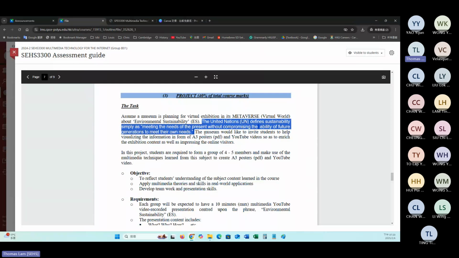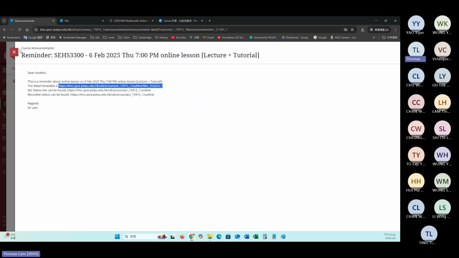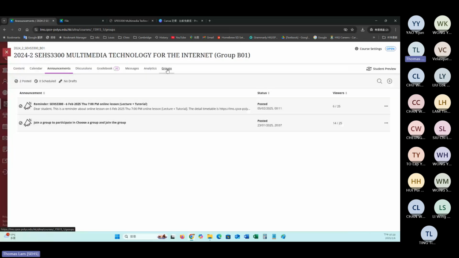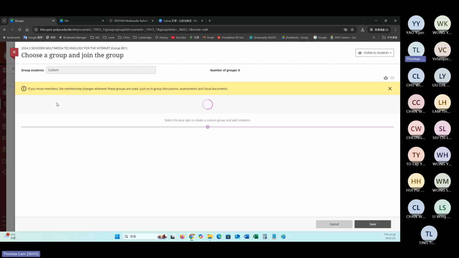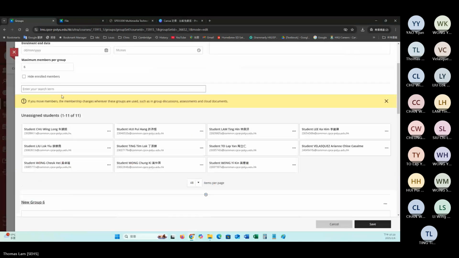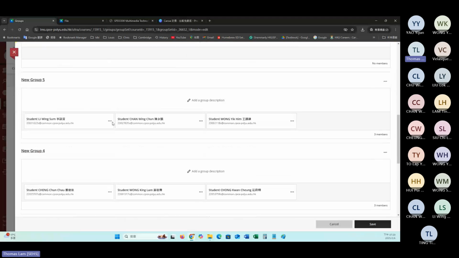And if you got the names of your teammates, remember to go to, let me go to here is the group. Let me see if some of you already gave me the names over there. Just pick a group and put your name over there.